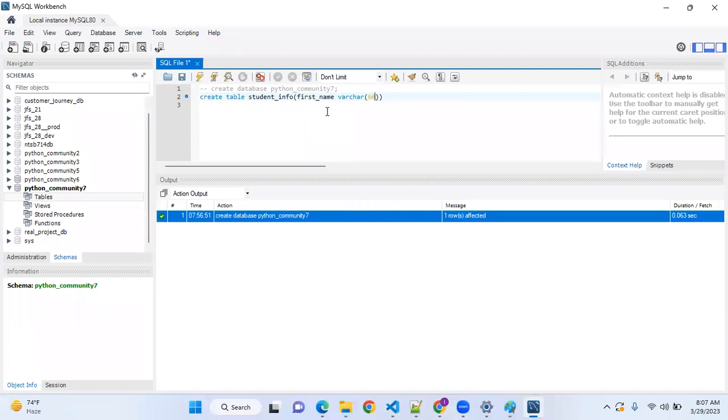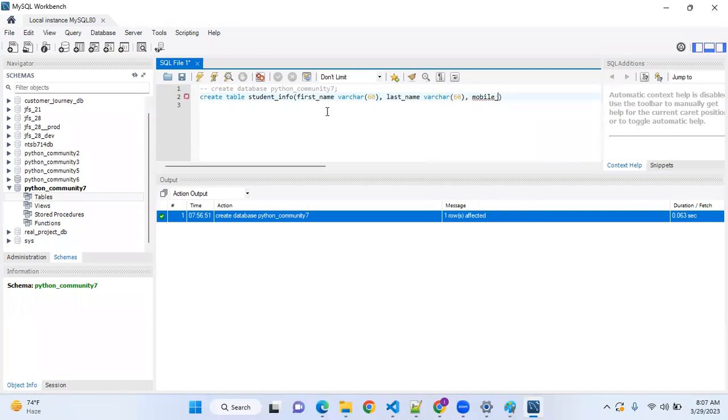There is no chance of any first name containing more than 60 characters, at least for our understanding. If you give 20, there may be some people whose name contains 20 characters also. More than 60 may not be there. If it is there, it will fail. Last name, space, data type, varchar of size 60.